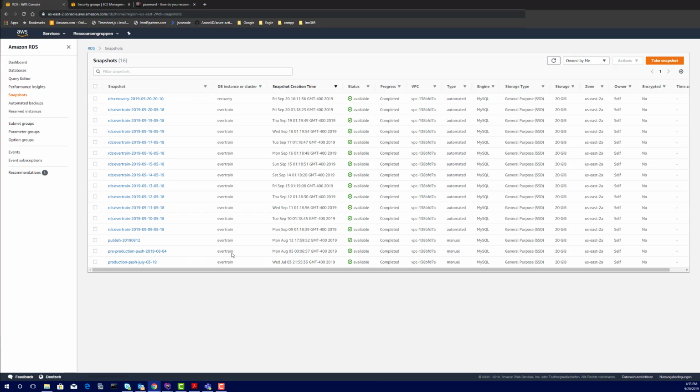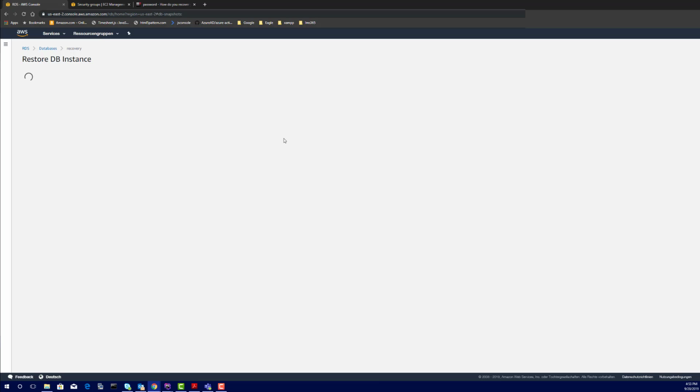Okay, so how do you basically work with a snapshot? What you basically have to do, and you see I already did this, is select a snapshot of your choosing, and then create a new instance with it. This is a little bit weird because it says restore snapshot. So you don't restore that on the actual database. What actually happens is you click this,